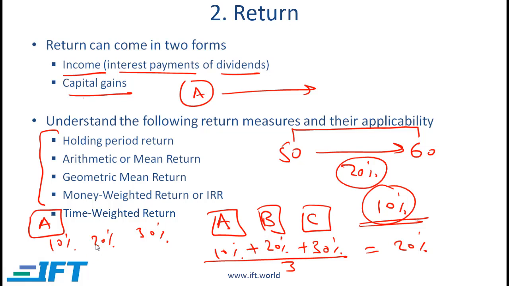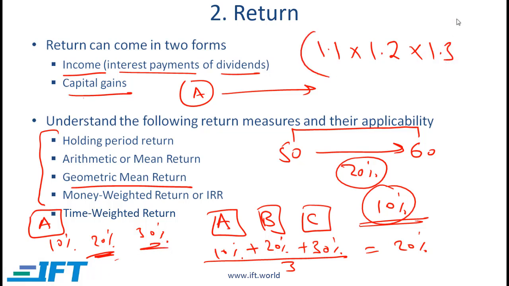Here it would make sense to use the geometric mean, and the formula for the geometric mean would be as follows: 1.1, which is 1 plus the 10% or 0.1, times 1.2, which is 1 plus the 20%, times 1.3, raised to the power of 1 over 3, where 3 is the number of years. Generally, for time series data or to evaluate the performance or the annualized return over time, we will use the